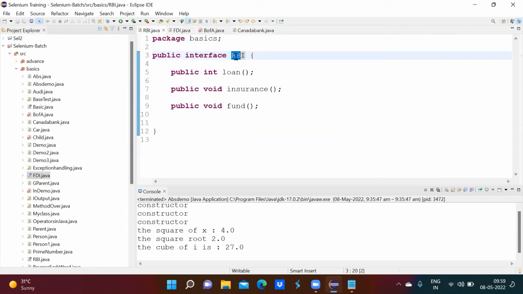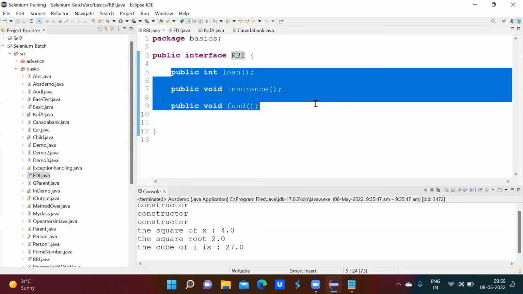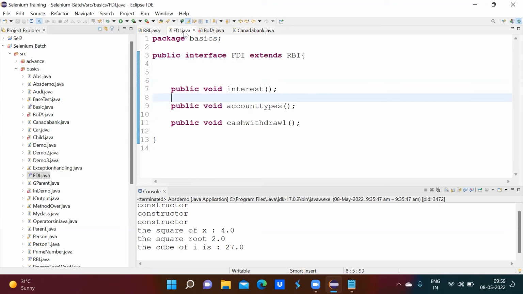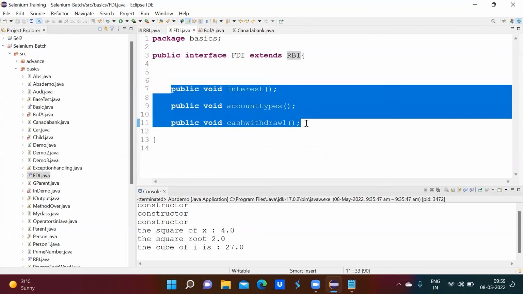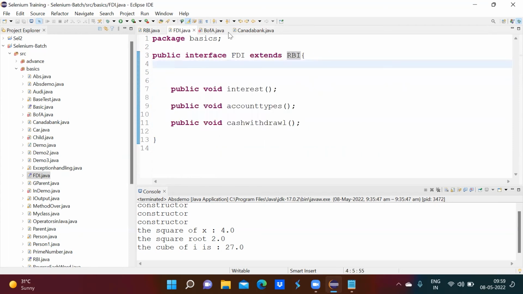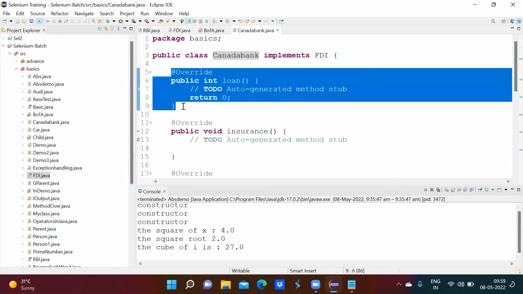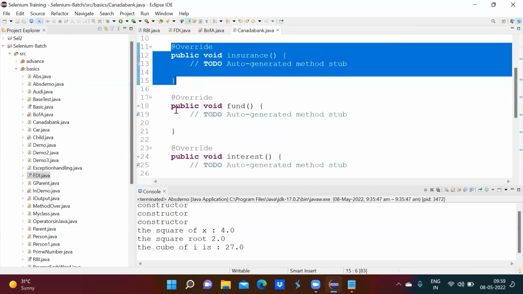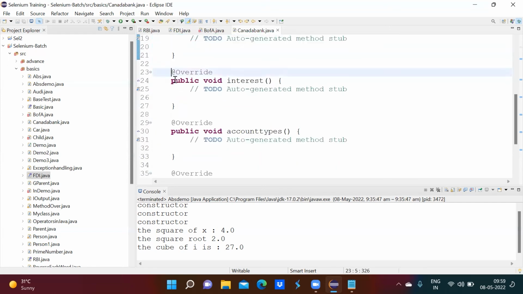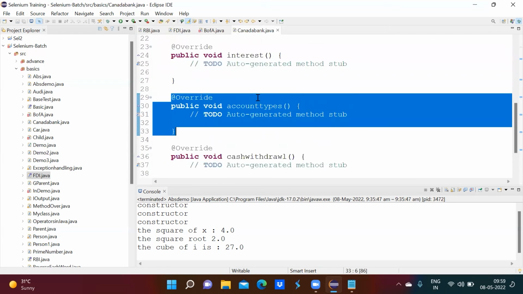So I have one interface here called RBI, which has three methods: loan, insurance, fund. This is another interface which is extending RBI. So an interface extends another interface, and in that I have three different methods. Eventually I am implementing FDI. This is a class which can implement an interface, so all the methods from RBI as well as FDI will be here. I will have to implement all of them. Then only this class will become